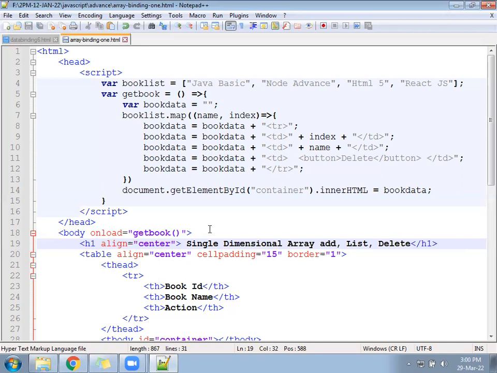Single dimensional array, add, list and delete. Three functionalities together.